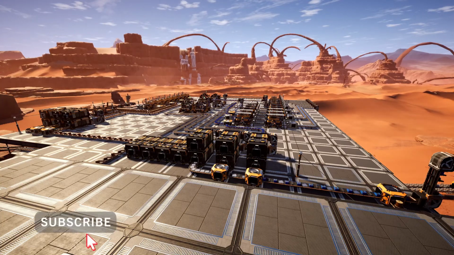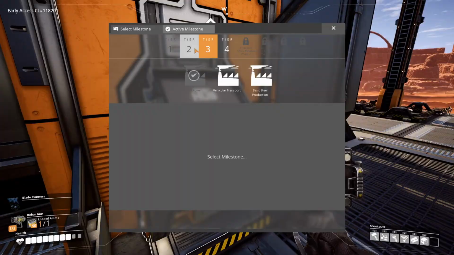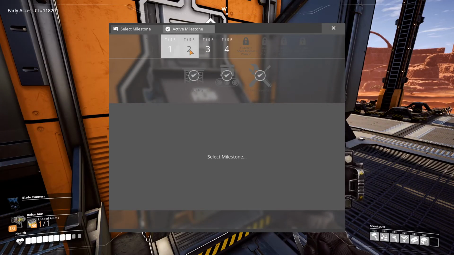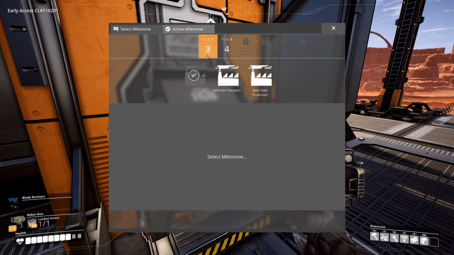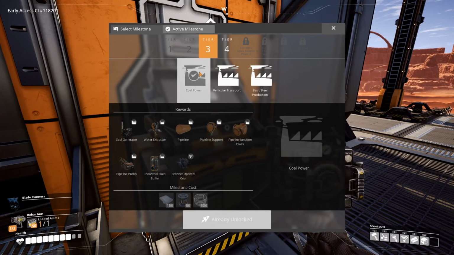I'm AxionEvolved, and we're getting to a point in this factory where we need to start stepping things up. So I've done a little, we've got through tier 1, we got through tier 2. Tier 3 is where things really start to kick up. In the last one, we unlocked coal power, and we set up a little temporary power plant. Now, in order to kick things off, really to get the factory building into full gear, we need to start